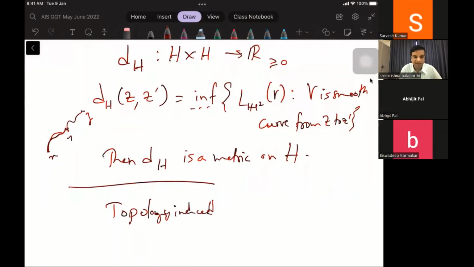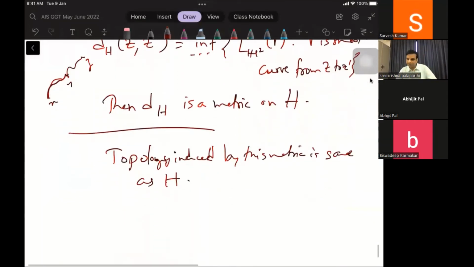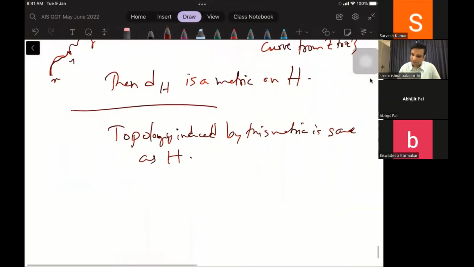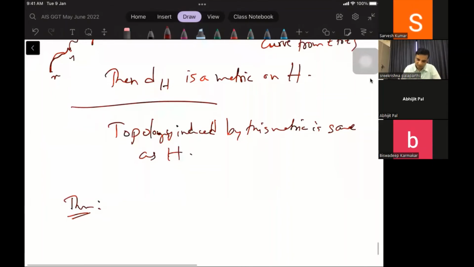Once again, easy check: the topology induced by this metric is the same as the topology on H. So this defines a metric, and so there is a notion of the metric length. Before I announce this theorem, there's a notion of metric